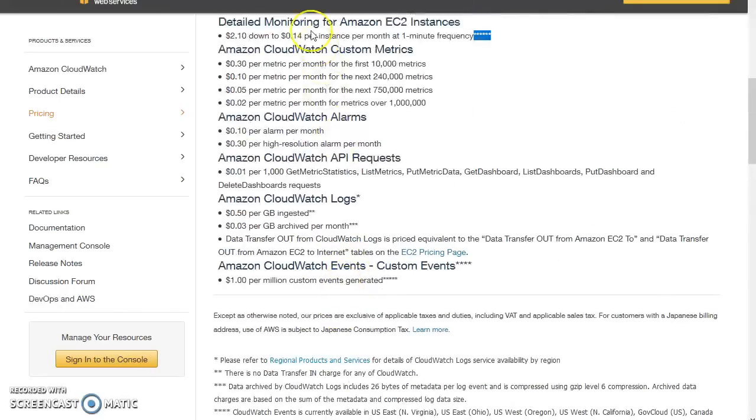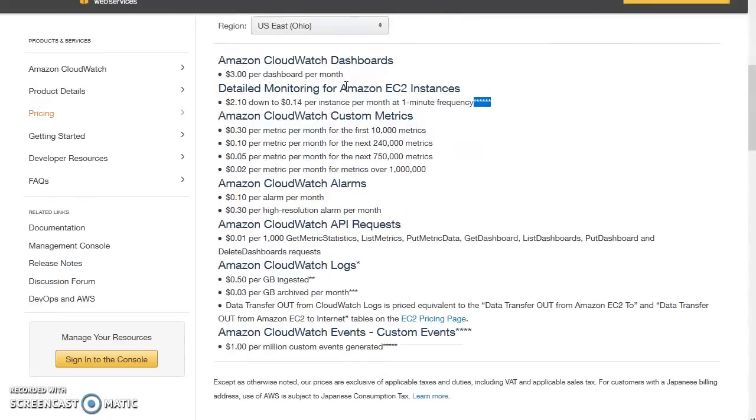And this $2.10 basically allows detailed monitoring of 7 metrics. Just understand it that way. And why is it written as 2.10 down to 0.14? Because as you are monitoring more and more metrics, the price or the slab for you reduces. For example, if you are monitoring only up to 10,000 metrics, then it is $0.30 per metric.